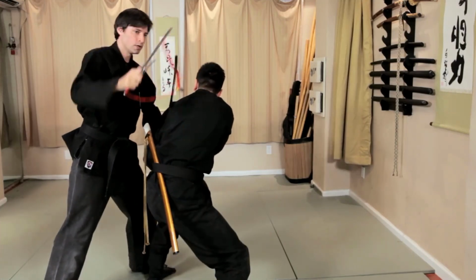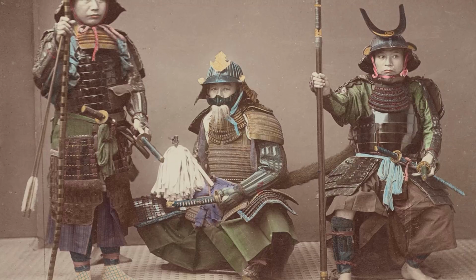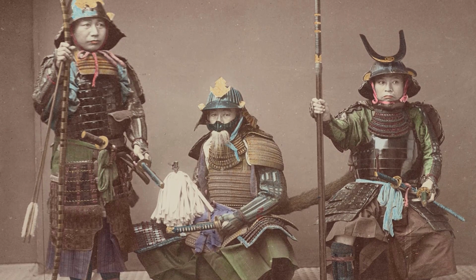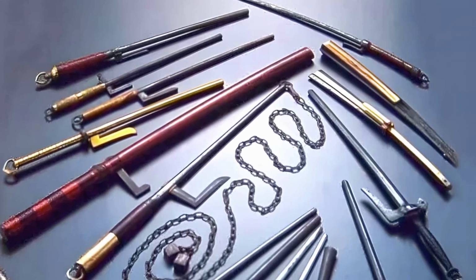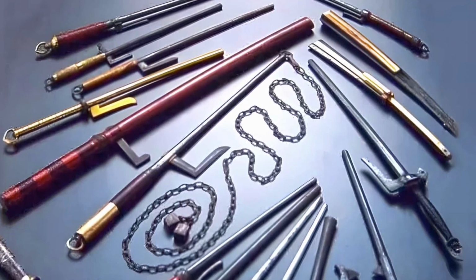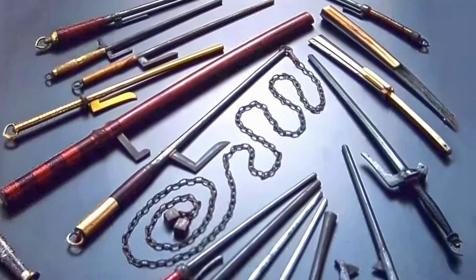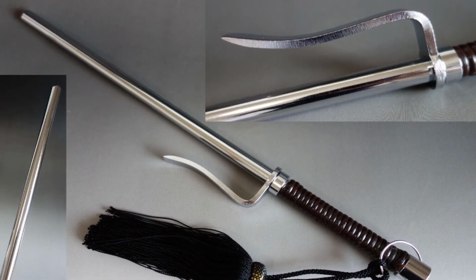The ninja recognized the potential of the jitte and modified it to suit their fighting style. It's important to note that the way of the ninja was condemned by the samurai, who valued honor above all else. The handle of a ninja's jitte could detach to reveal a stiletto, catching their victims off guard. This unexpected hidden blade was a testament to the ninja's cunning and ingenuity,